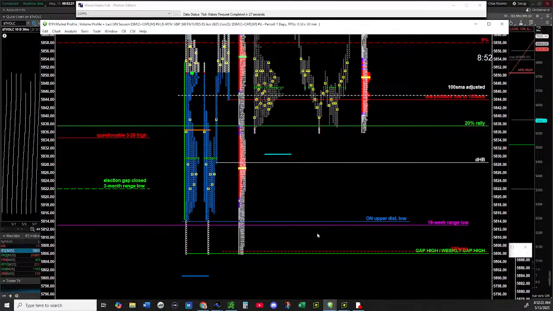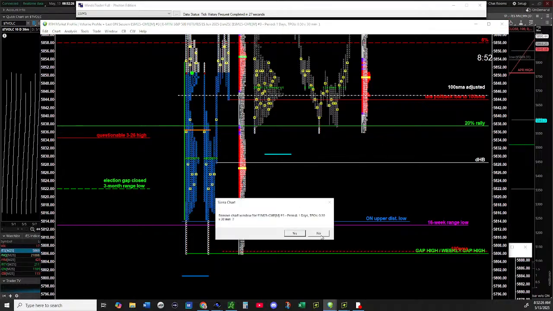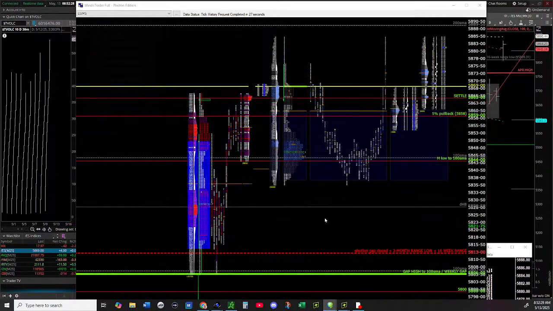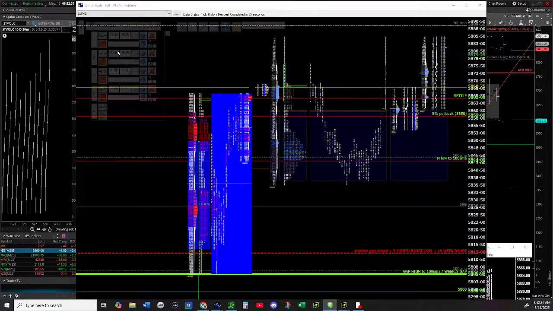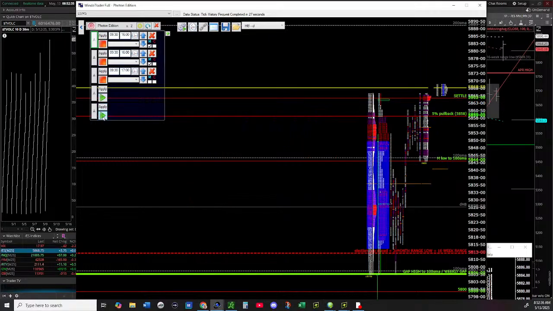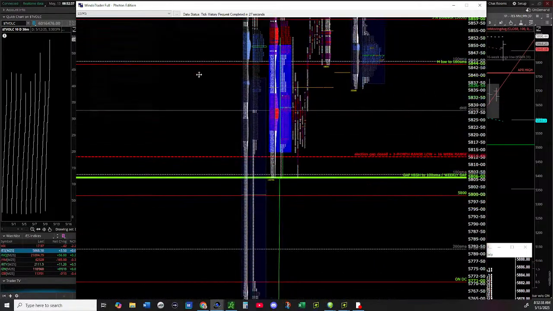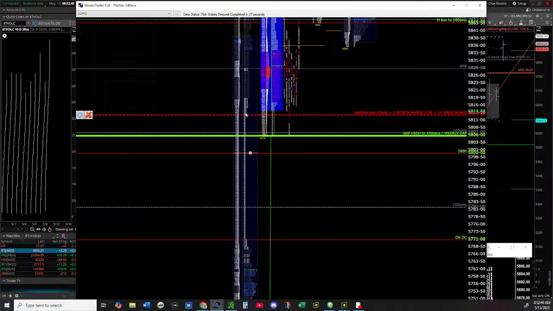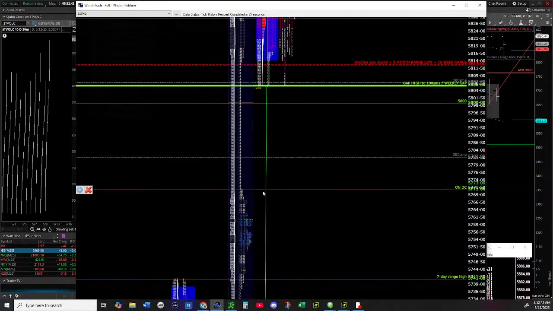Let me close this thing because I don't need it. I don't want to overcrowd this. And this is the one I'm talking about. What is the overnight? Let me hide that one. This is the upper distribution from the overnight, and this is the lower distribution, the distribution close, right? In between, I have held exactly at the 5,800, exactly the 5,800,